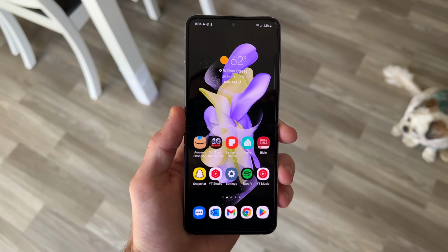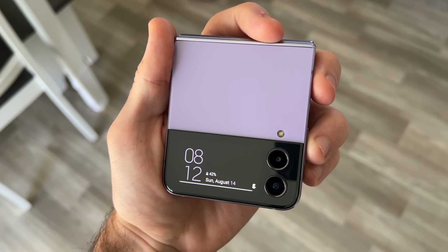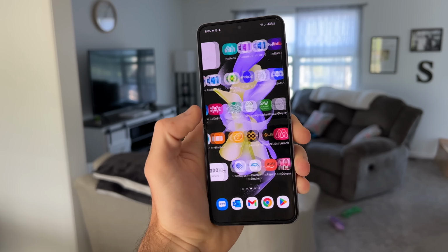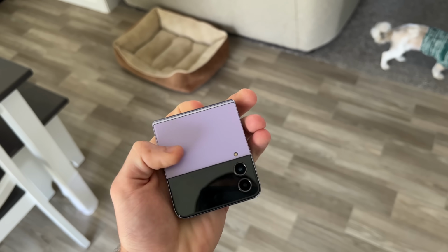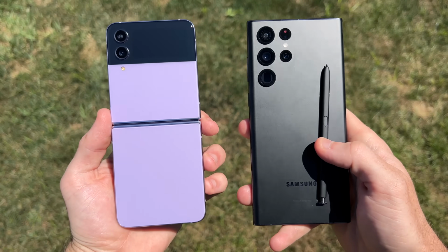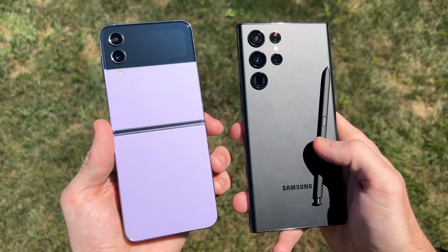But what has actual day-to-day usage been like on the Flip 4? The best way for me to quickly describe the daily user experience is that this phone has mostly everything the average user would ever need, in addition to simply being one of the most enjoyable smartphone experiences money can currently buy. Heavier smartphone users can certainly argue that for a similar price, you can pick yourself up a Galaxy S22